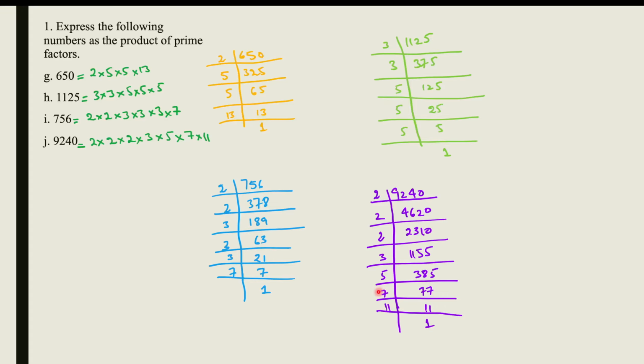and 11 being a prime number itself, we divide 11 by 11, that is 11 multiplied by 1 is equal to 11. And you can see that all the factors we have